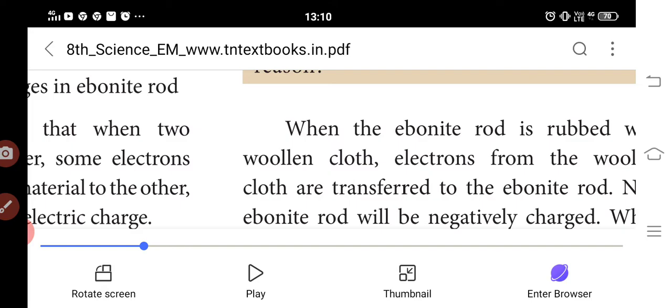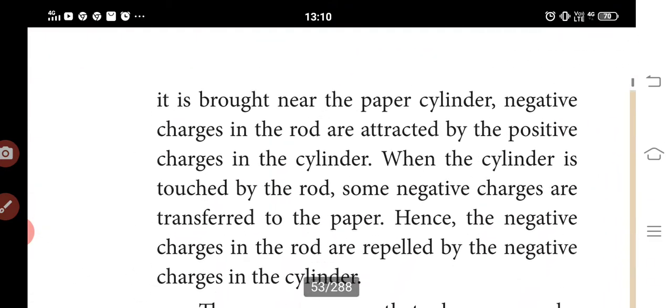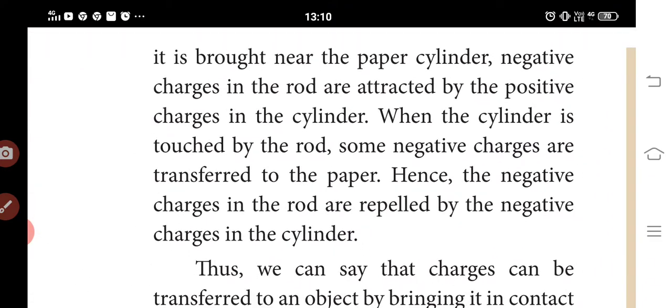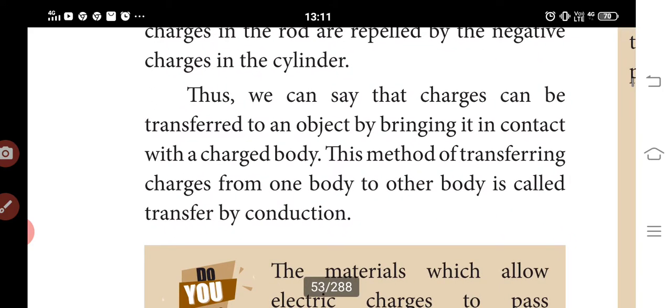The friction takes place when both materials are rubbed. Just take this ebonite rod and woolen cloth. The ebonite rod will be negatively charged. The cylinder is also negatively charged, so they repel each other. At the same time, the positive charge of the cylinder can be attracted. When the cylinder is touched by the rod, the negative charges are transferred to the paper. Hence the negative charge in the rod is repelled by the negative charge of the cylinder. So the transferring of charges from one to the other